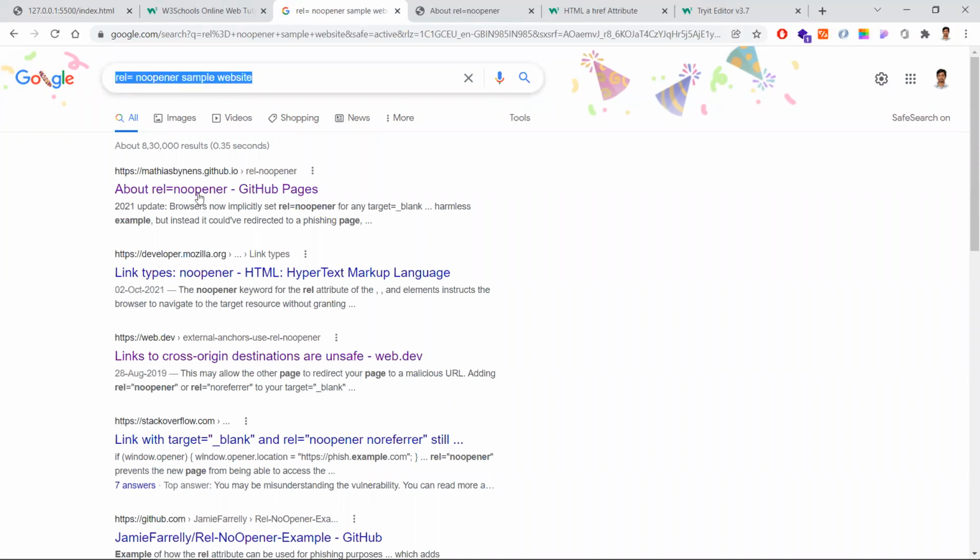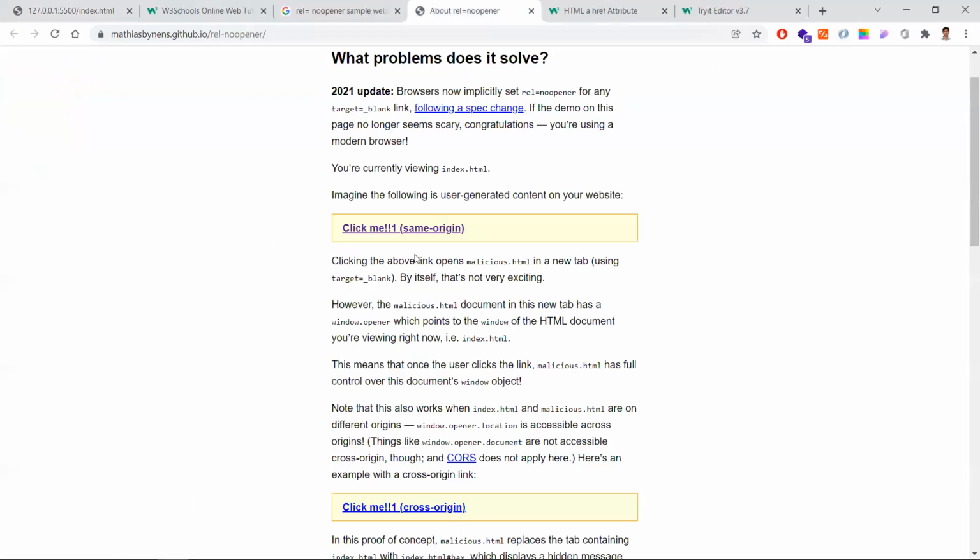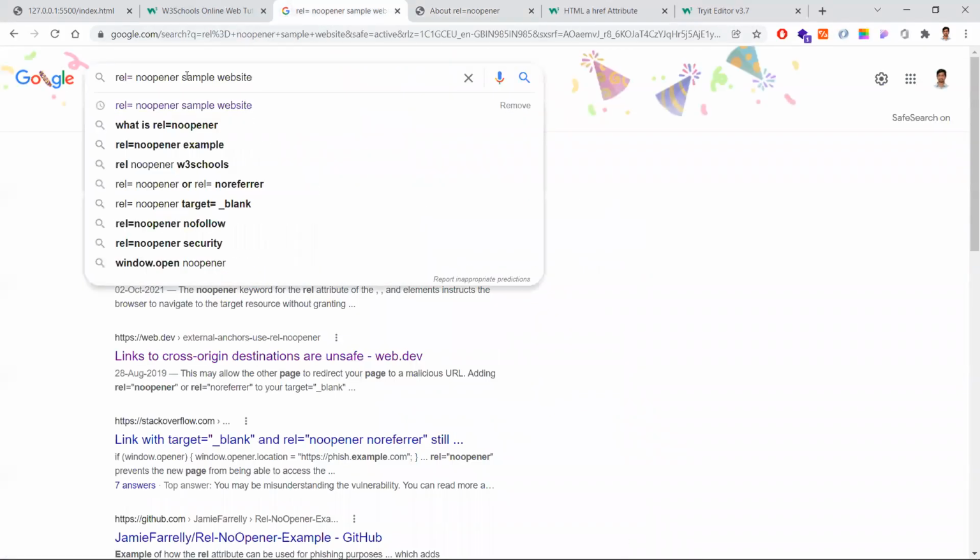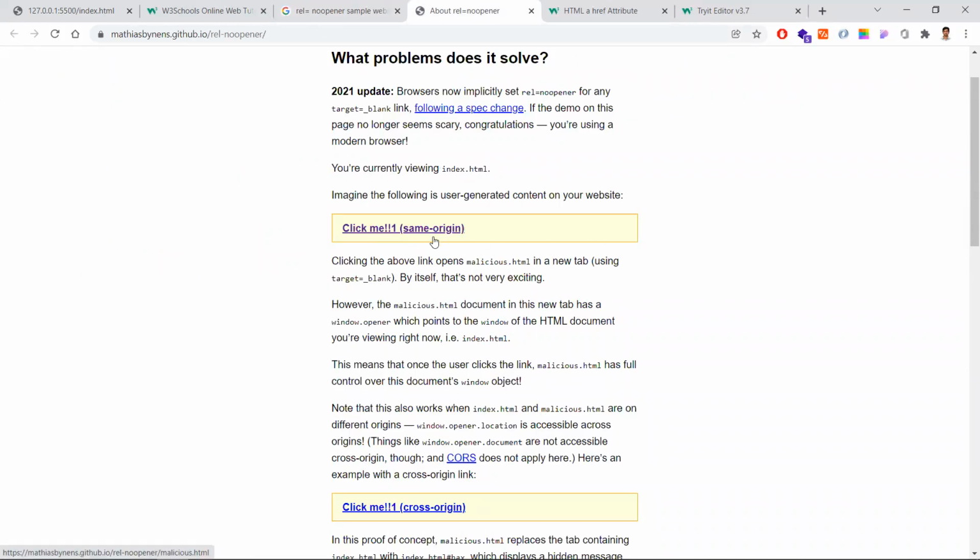I'm clicking the first link. If you click the first link, you'll be going here. If I click the click me, this is a link where we are not using noopener. We are not using this attribute, and we are trying to open our web page in a new tab. If you click here, what happens? There are high chances that this second tab, the new tab which we are opening, will have access to the older tab's window object, through which it can do some malfunctions. This is a security concern we have with the target underscore blank attribute.